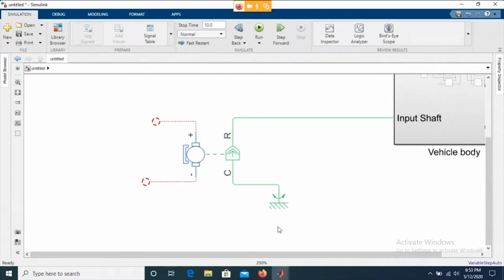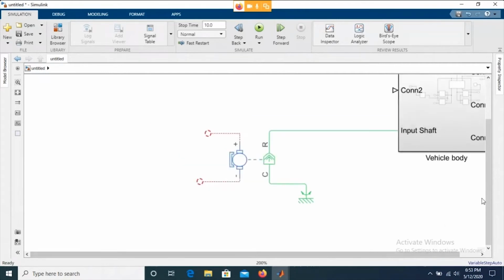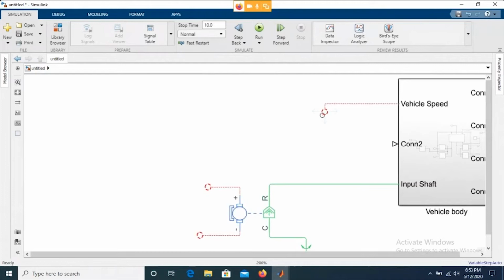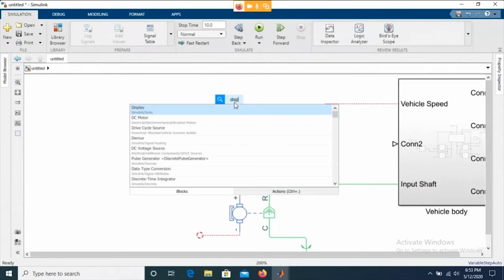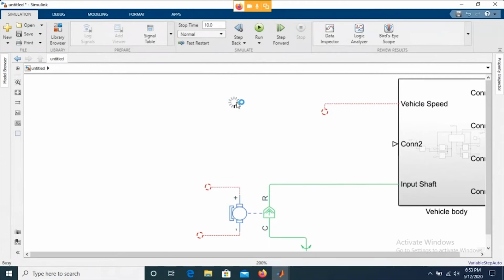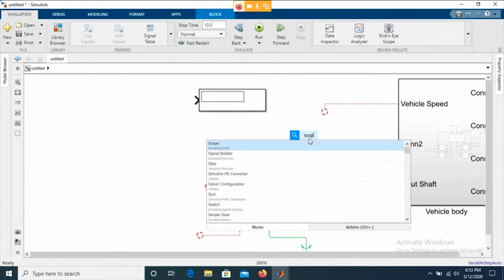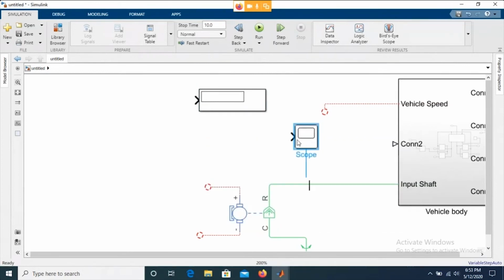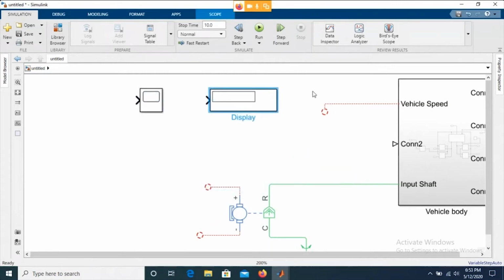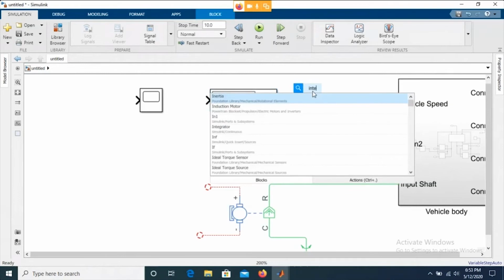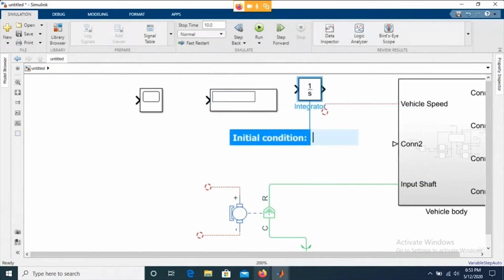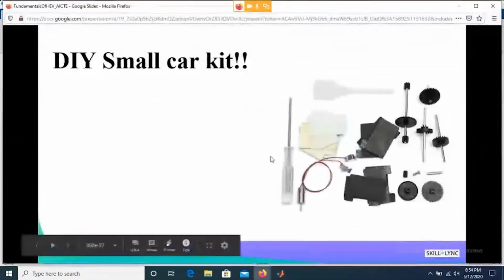In practical consideration. Now what we are going to do, so I'm going to connect the vehicle speed to some output port over here. We can use some display over here where the speed will be displayed, the distance will be displayed. We basically need a scope as well. So I'm going to use a scope block as well. Now this speed and the distance will require an integrator. So I need an integrator block as well. So basically what I'm going to do, one after another, I'm going to add all these blocks, right?